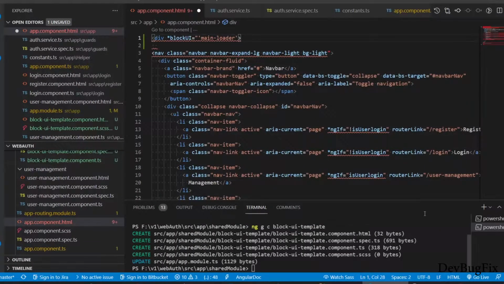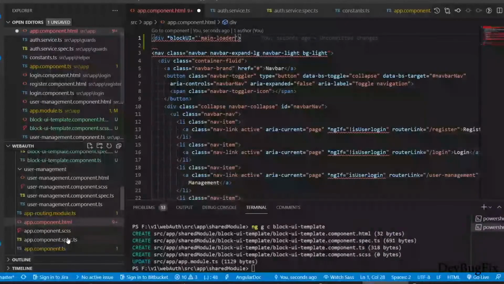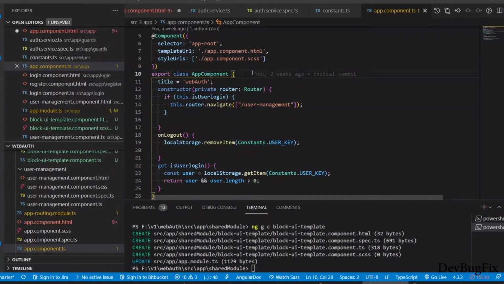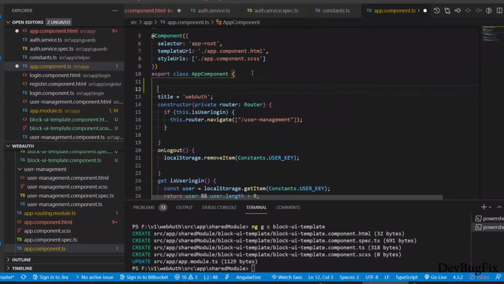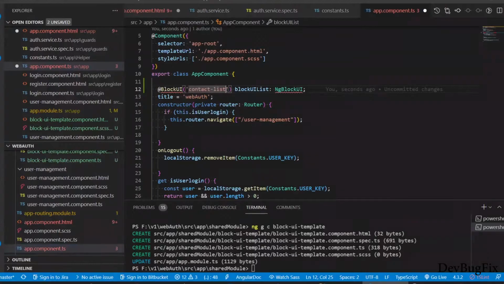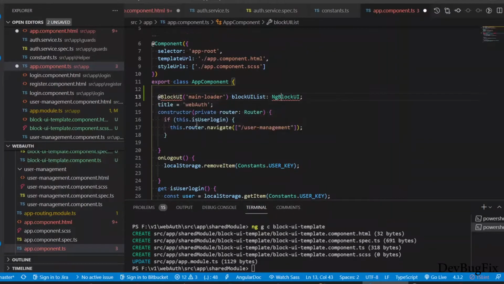So we will name this main loader, and we will copy this and paste in the app component.ts file. Paste here, and we will start and stop Spinner from the ts file. So copy the name and add here. Import the block UI component. So we will start and stop this Spinner from this component.